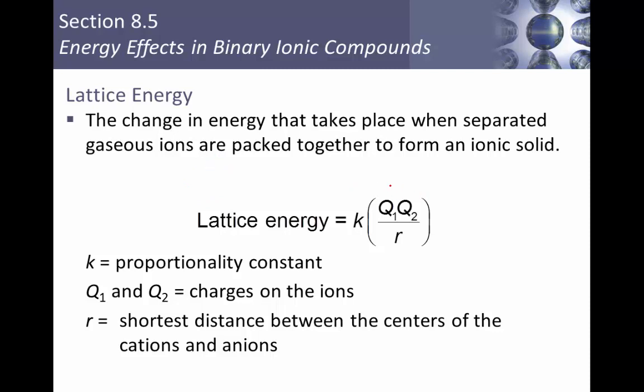Now, where have we seen this equation before? Well, remember, this is a little manipulated form of Coulomb's law. We've got a proportionality constant added in here now to help us keep our units correct. We still are dealing with charges, and we're still dealing with the radius of the atoms, so the distance between the two nuclei being bonded. So we're going to be using this whole lattice energy idea to discuss the stability of ionic